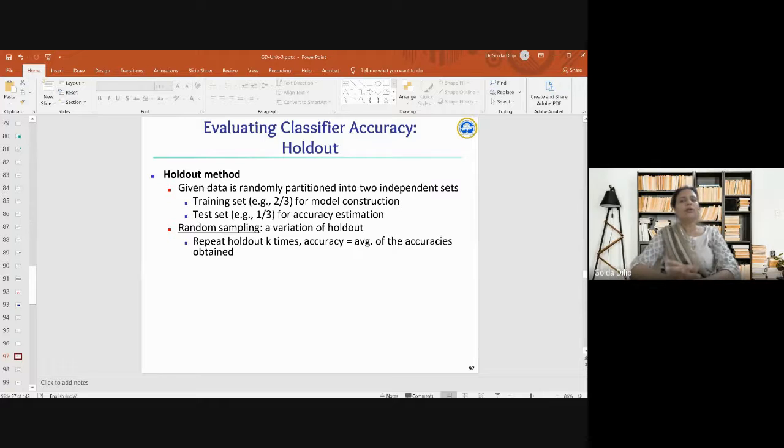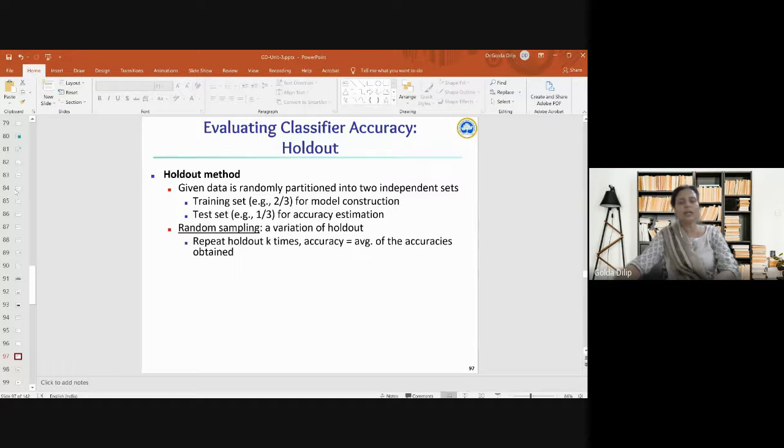So the holdout way of evaluating the classifier accuracy is where the data set is split into training and test set. Generally the rule of thumb is 80% of the data is used for training and 20% is used for testing. Or you can even go for having a validation set, which is a subset of the training data set. You can have three things. One is a training set, one is a validation set, which will help you to assess the performance of the model built in the training phase, and then finally a test set. That was what our holdout method was all about.